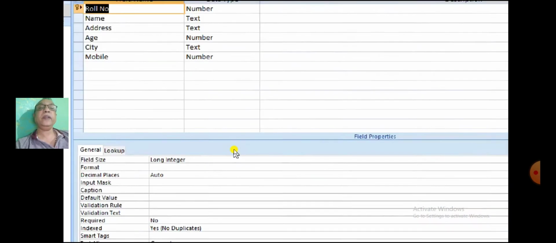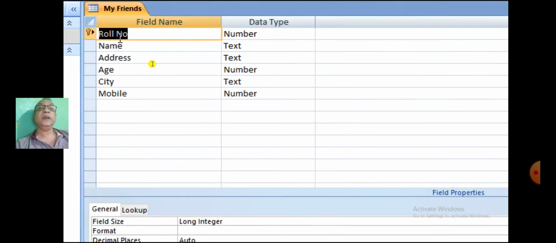In My Friends table, create the field name roll number, the data type as number, field name name data type text, field name address data type text, field name age data type number, field name city data type text and field name mobile and data type as number.